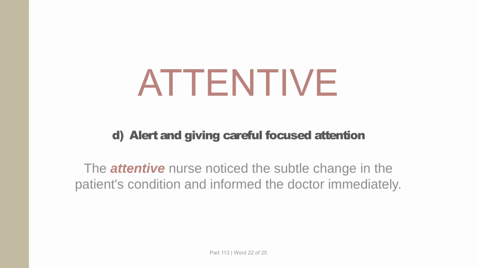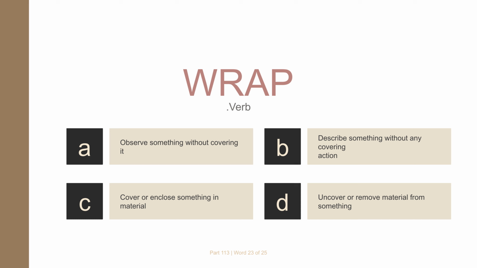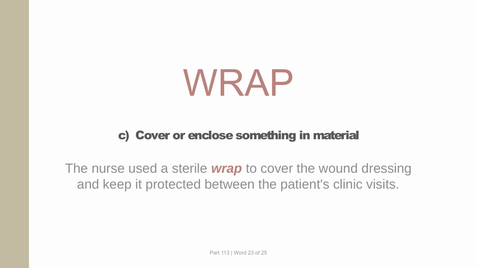Question 23. What is the meaning of wrap? Option A. Observe something without covering it. Option B. Describe something without any covering action. Option C. Cover or enclose something in material. Option D. Uncover or remove material from something. Correct answer, option C. The correct meaning of wrap is cover or enclose something in material. Example: the nurse used a sterile wrap to cover the wound dressing and keep it protected between the patient's clinic